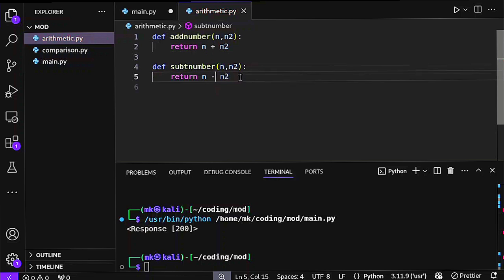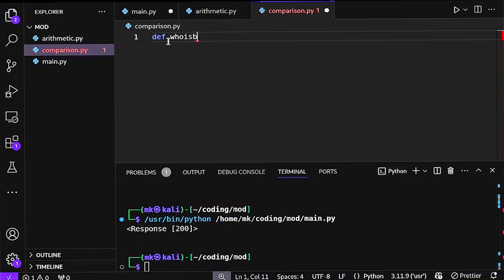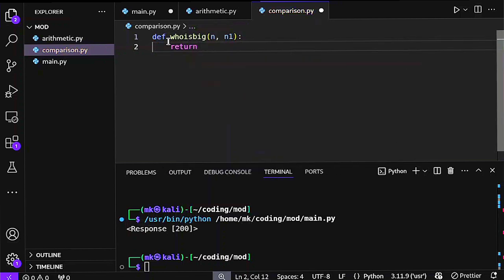So let's leave us with these two functions, and let's go into the second file, which is comparison.py, and create another two functions. My first function is going to be a function that will check which number is the bigger number. Let me call the function who is big, and then it's going to take two values, n and n1, and then it's going to return